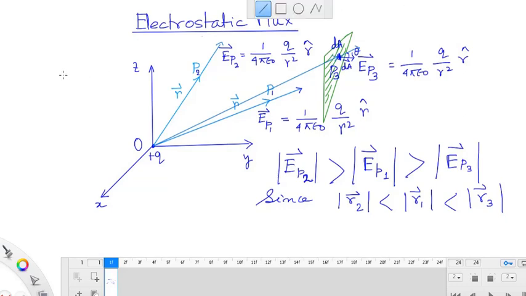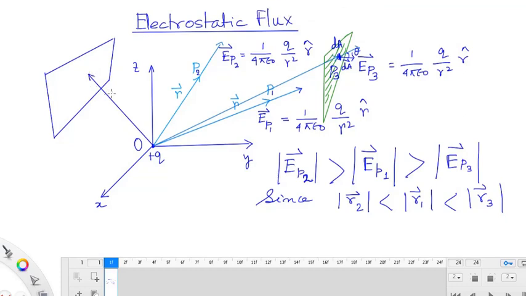Suppose I take an area here, and whether it's curved or flat doesn't matter at all. The thing is, we need to find the electric field at some point. This is the point, and this is the radius vector r, any radius vector r. You need to take the area here,